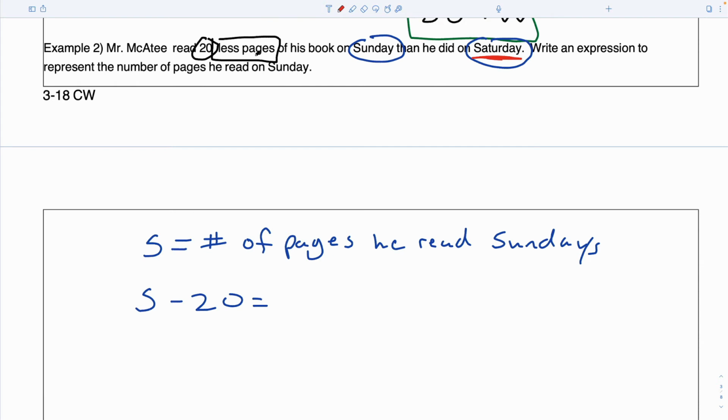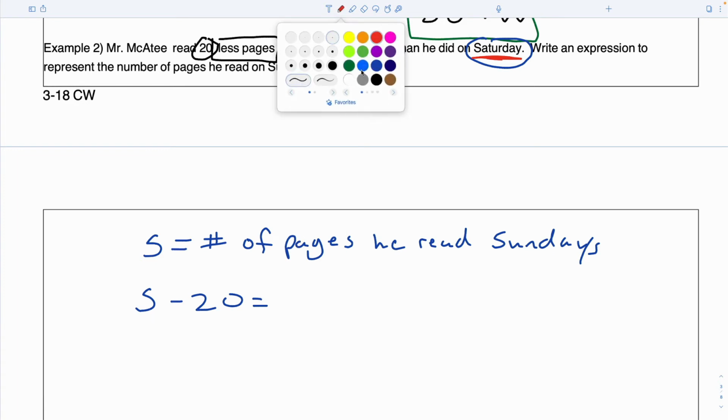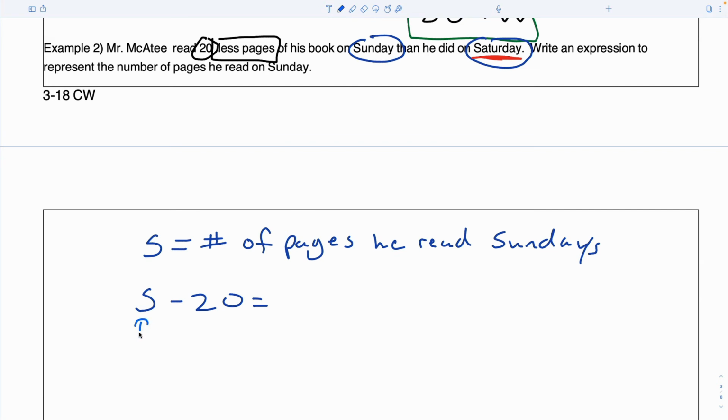He read 20 less pages of his book on Sunday than Saturday. No. Why doesn't it make sense? 20 less on Sunday than he did Saturday. If you subtract 20 from Sunday, do you get Saturday's pages? No. Something kind of weird just happened. So you don't have to add. We can change this out just a little bit. Instead of doing Sunday minus 20,